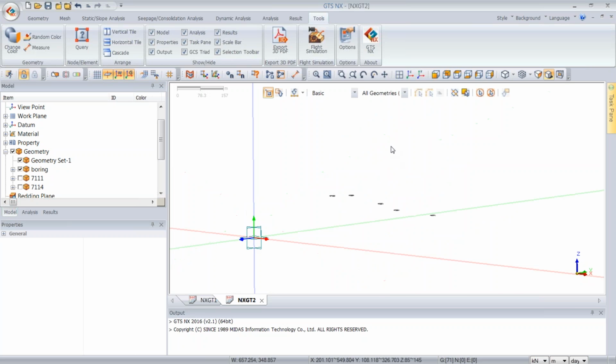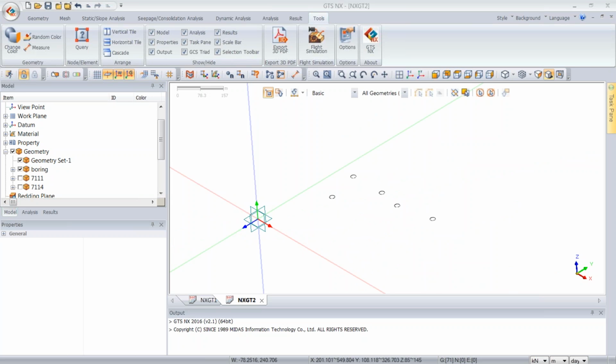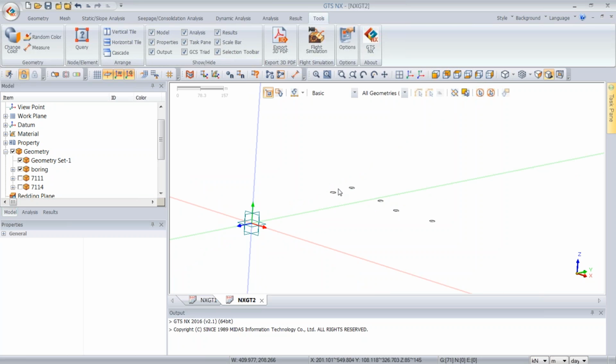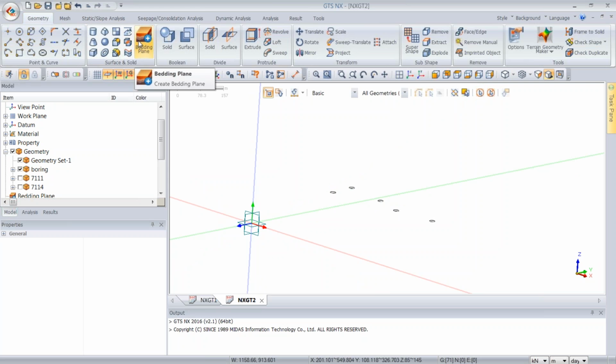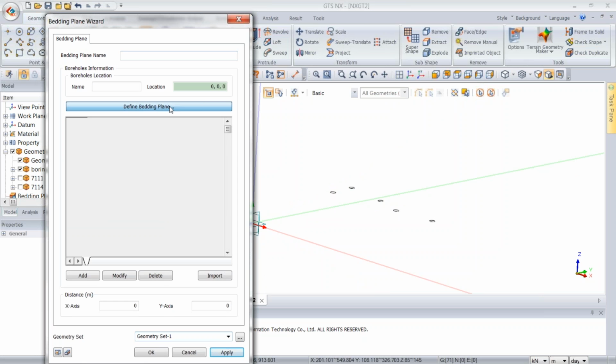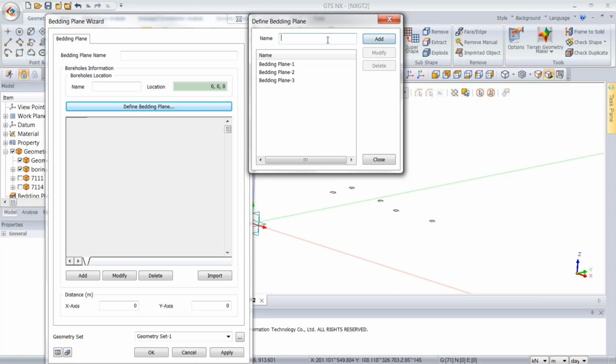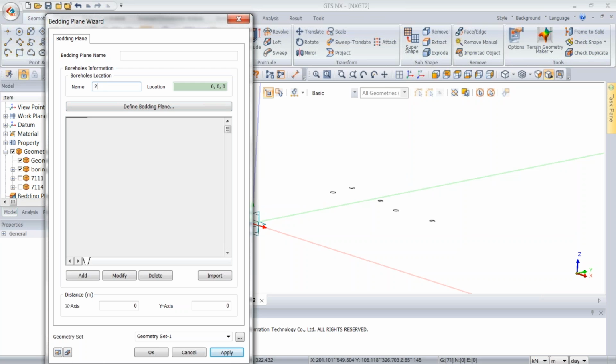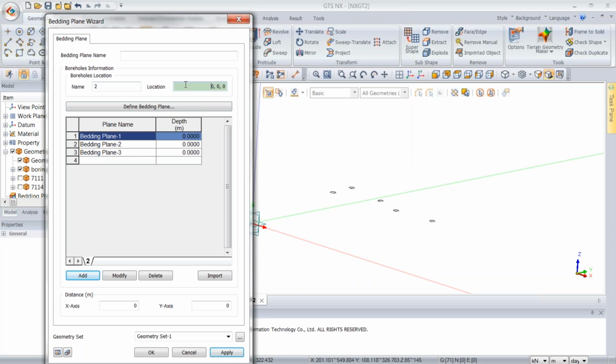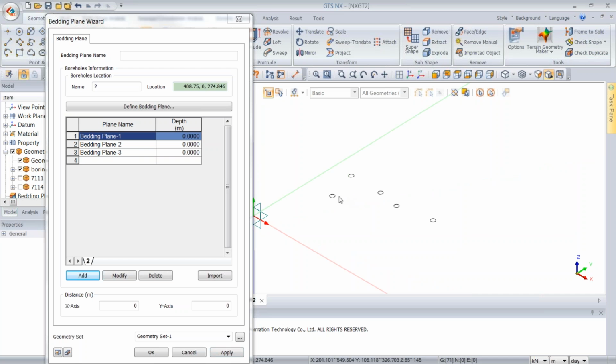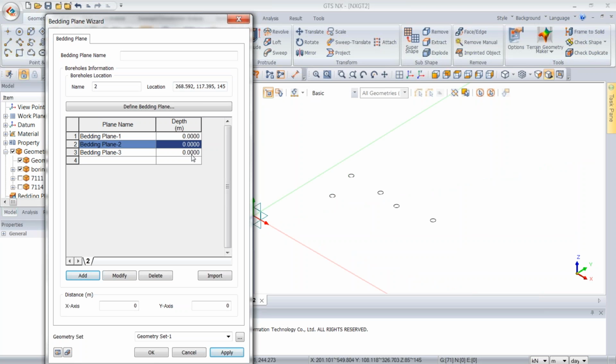I'm deactivating the contour lines first, and what I want to do initially is drag this to the side and show you how to generate the strata with this boring hole data. We have this tool called bedding plane, and this allows you to say how many planes you have, and you can tell it by location. For instance, at this coordinate, manually type it in, or this is where drawing these in is handy. You can tell it at this location, the first plane is at this depth, the second plane is at such and such depth, and so on and so forth,